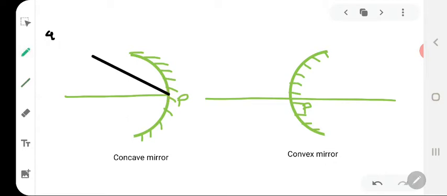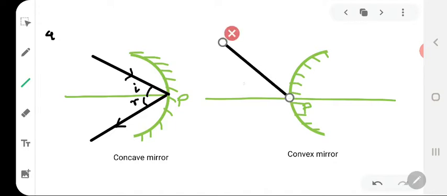Somewhat like this. Now in this case, we need to consider the angle of incidence. Now as far as the law of reflection is concerned, angle of incidence is equal to angle of reflection. So the ray of light gets reflected in such a way that the angle of reflection is exactly equal to the angle of incidence. So this is how reflection will take place in case of a concave mirror. In case of a convex mirror also the same rule will be followed.